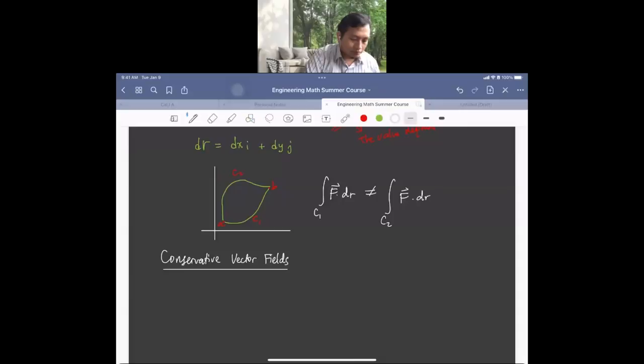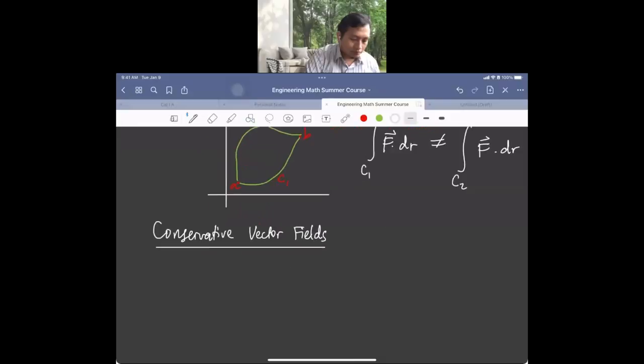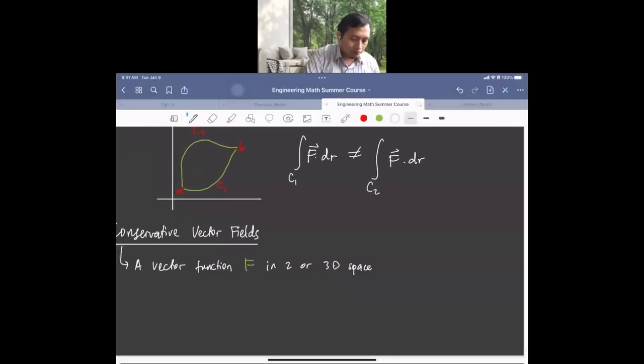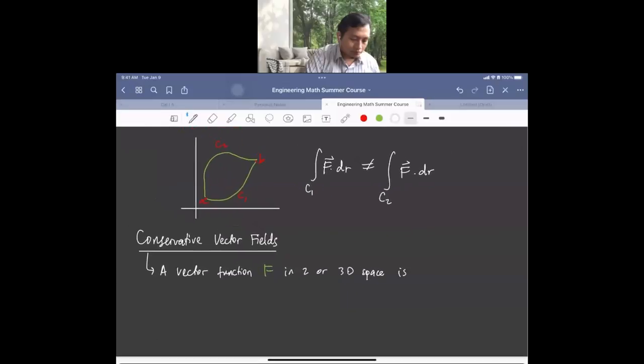Conservative vector fields means that a vector function F in 2 or 3D space is called conservative